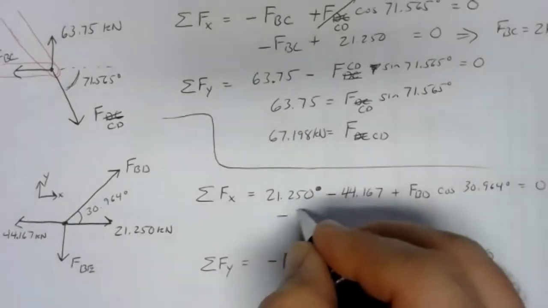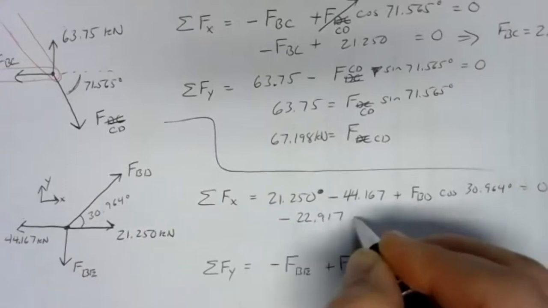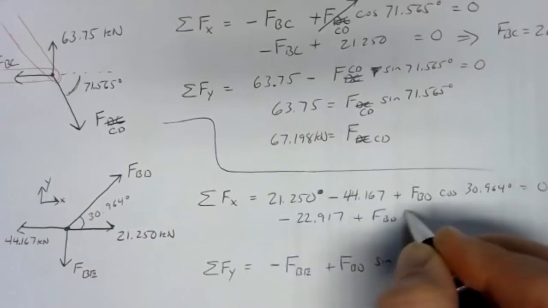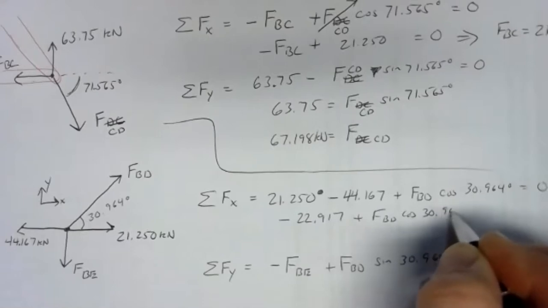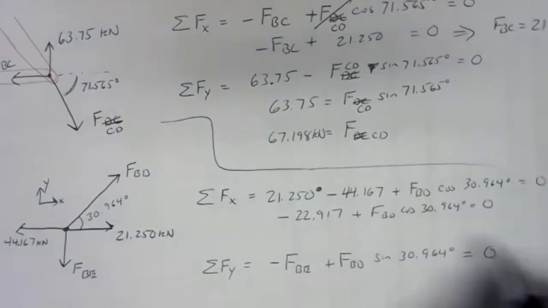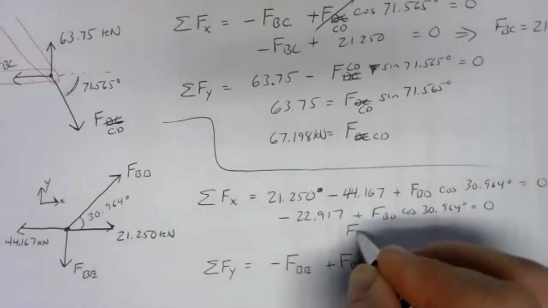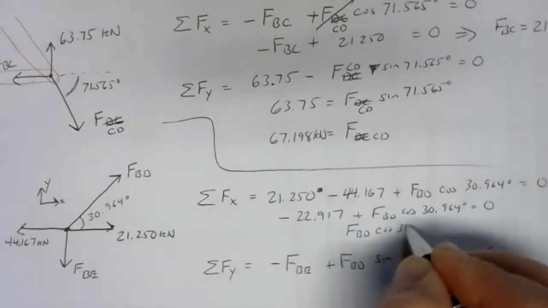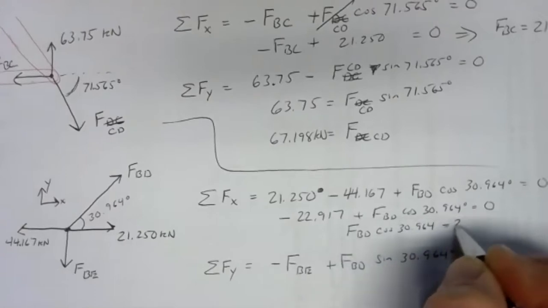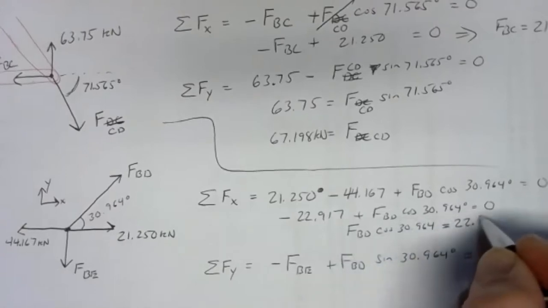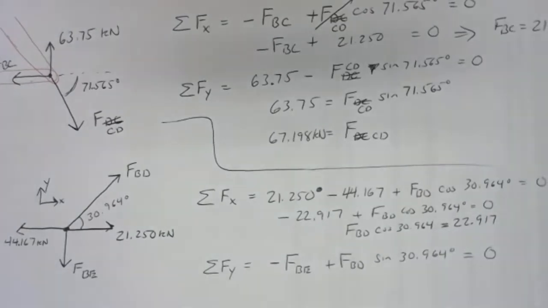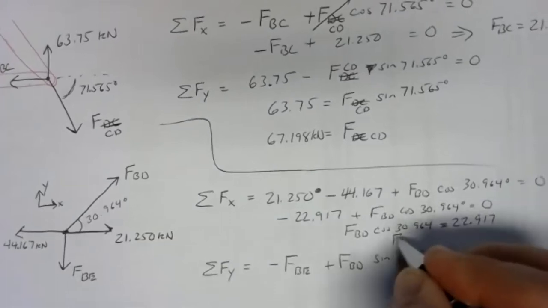That gives us a negative 22.917 plus FBD cosine of 30.964 equals 0. If we add 22.917 to both sides, we've got FBD cosine equals 22.917. And if we divide both sides by the cosine of 30.964, we get 26.726. So FBD